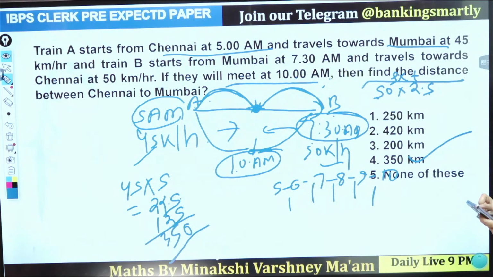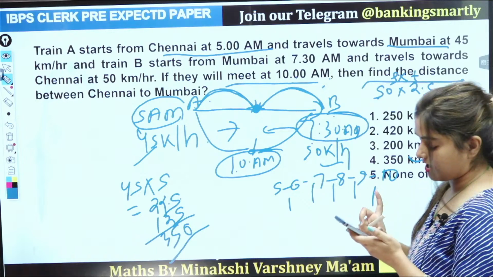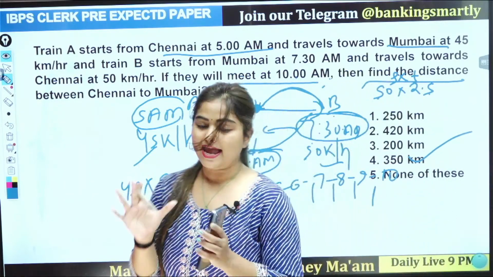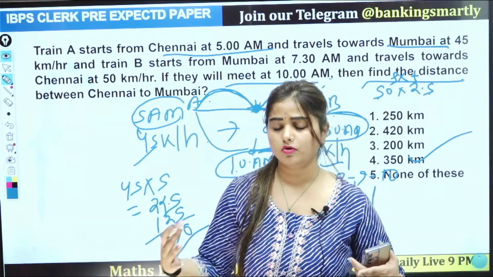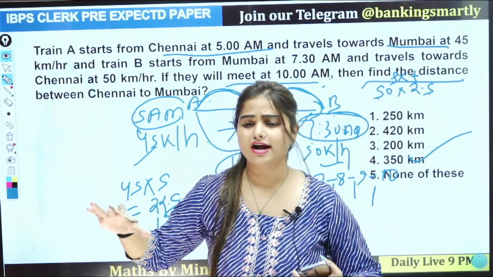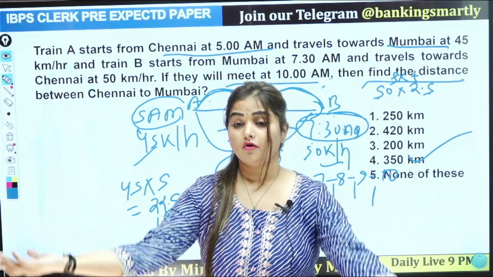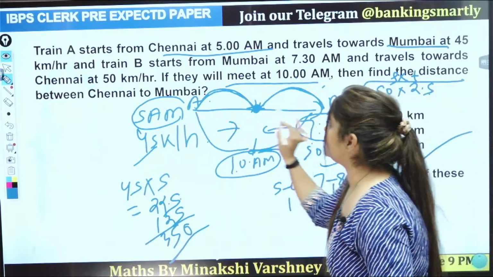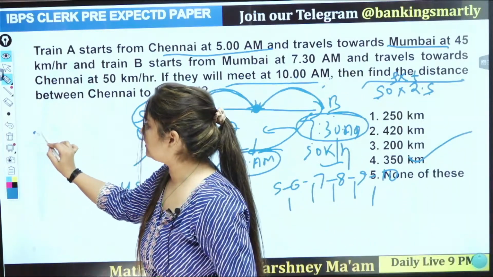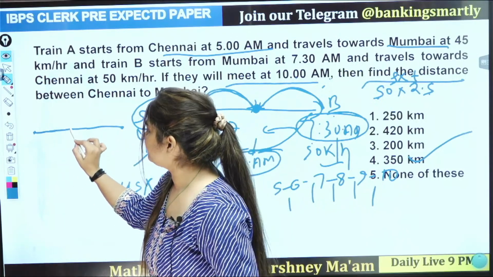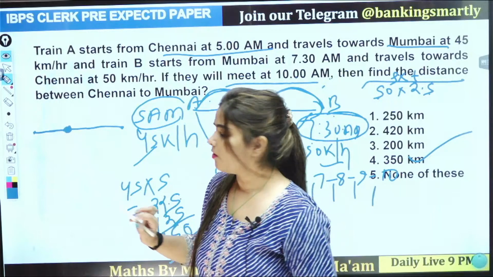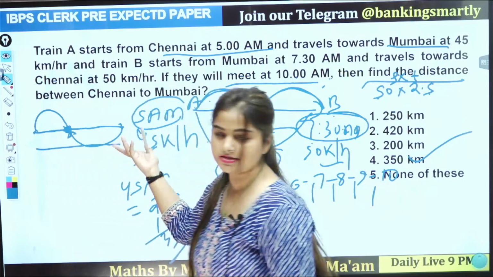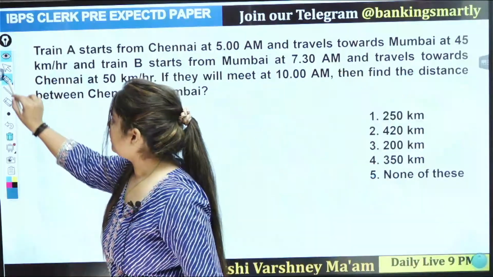Any doubt here? You can ask, guys. 350 is the correct answer. That means you have to do nothing here. Usually we do these kinds of questions where the question asks at what time they will meet. But here time is given, and you have to find the distance between A and B. If someone starts from here and someone from there and they meet somewhere between A and B, he has to cover this distance and he has to cover this distance, and this is the total distance. We can add. So now we are moving to the next question.